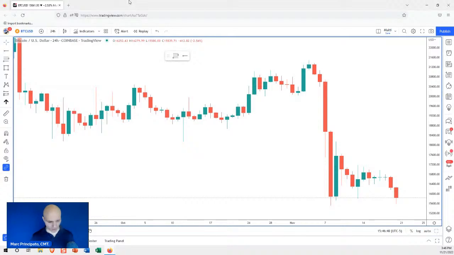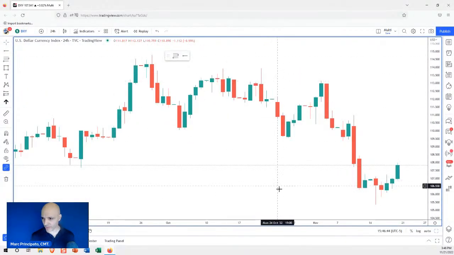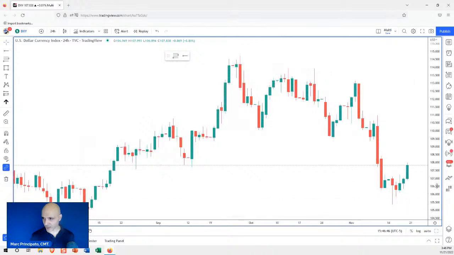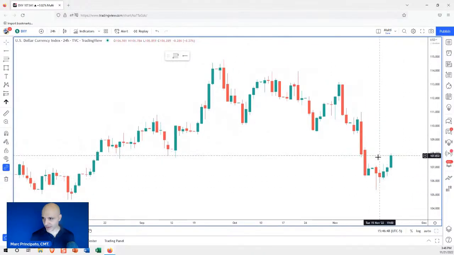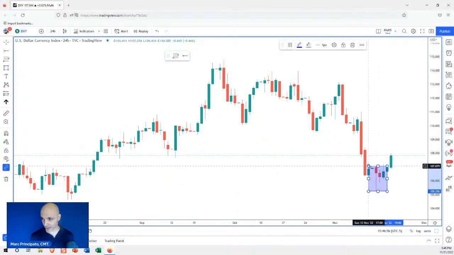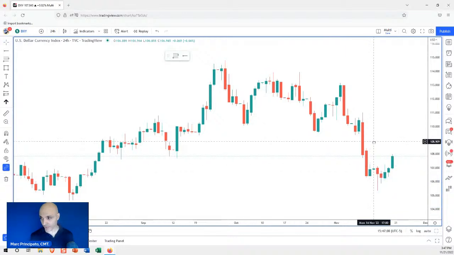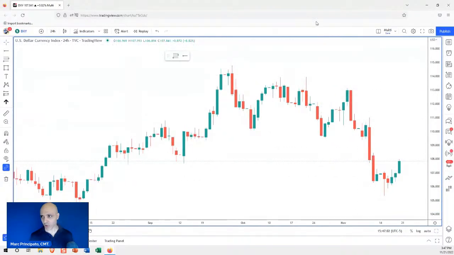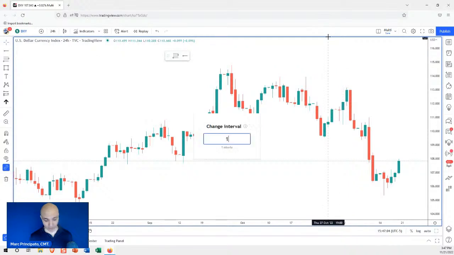So let's take a look at the dollar. You guys should be keeping an eye on this thing. We looked at this earlier today, and I took the euro short based on this situation, not the way it looks now. I took it based on this back here, because I called it on Thursday. Today is Monday, so we've been in that trade for a few days. But why would I go short the euro, or basically long the dollar?